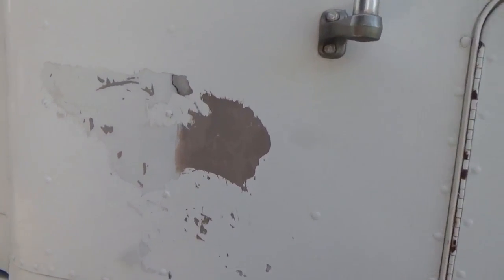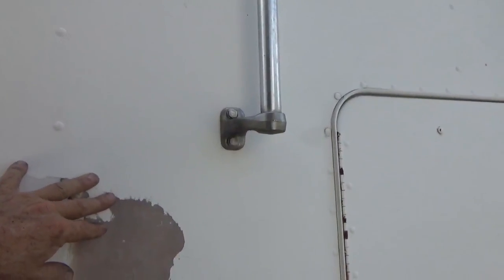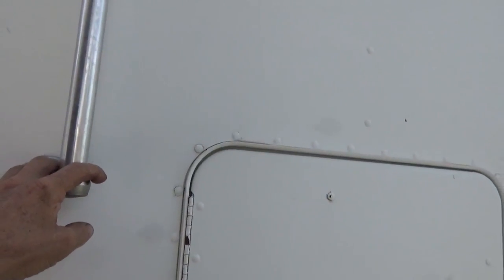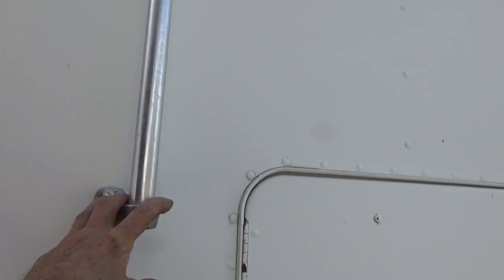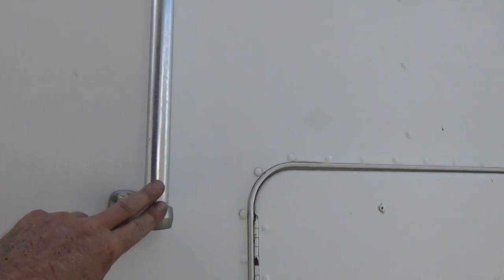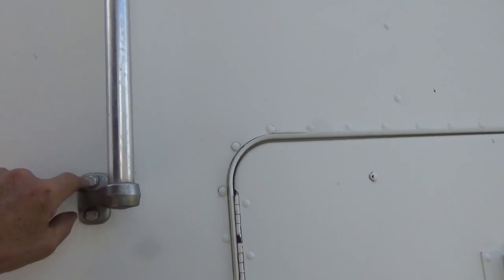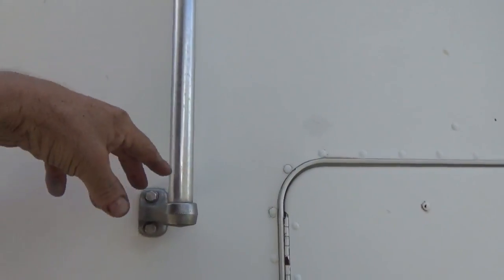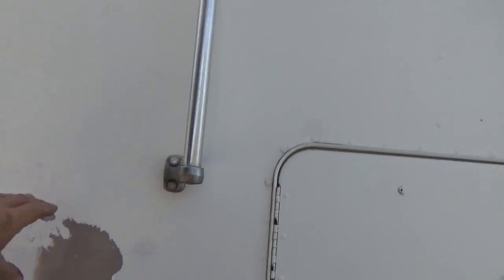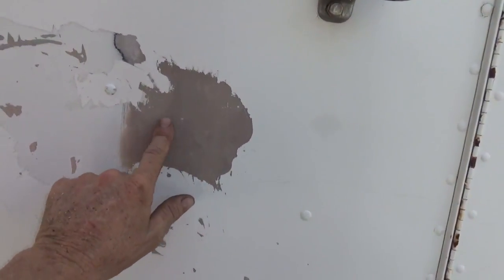Now this area right here, we don't have direct sunlight on it at the moment, but this is an area that I had to fix probably 13, 14 years ago when another truck pulling out of a dock, when I was hauling van trailers back then, his doors came unhooked and his door got caught on this grab bar as he was pulling out of the dock, and it tore the grab bar, ripped the aluminum, pulled the steel framework on the inside, pulled that out. And so I redid all of that and fixed it,